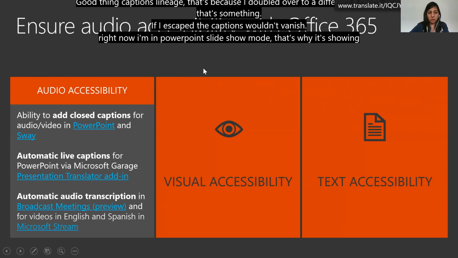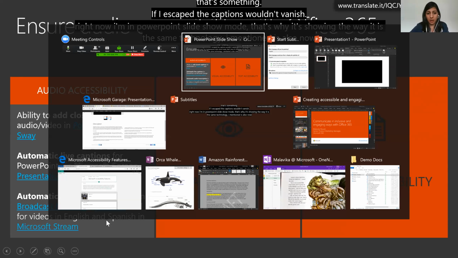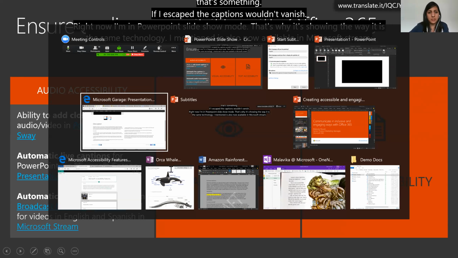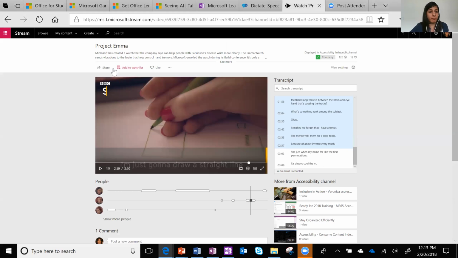The same technology I mentioned is also now available in Microsoft Stream. So just for those of you who don't know, Stream is a video sharing app. Within Microsoft, for example, I can share videos with other people in Microsoft. And the minute I upload the video, it automatically generates a transcript, and that transcript is searchable. It also does things like identify the faces in the video, so I can skip to the part where a certain person is speaking.